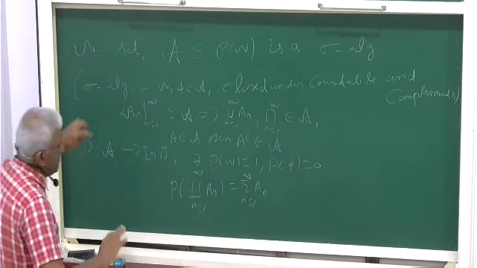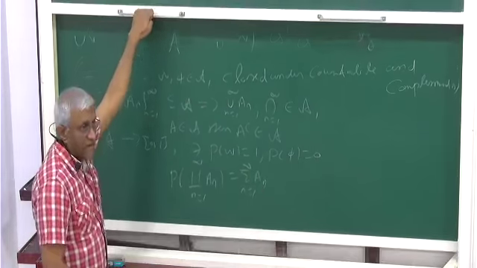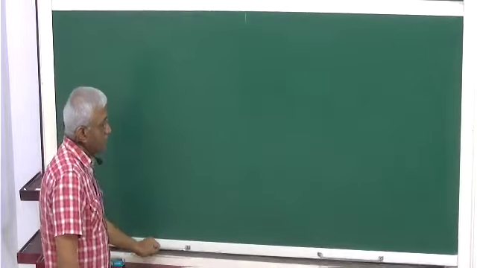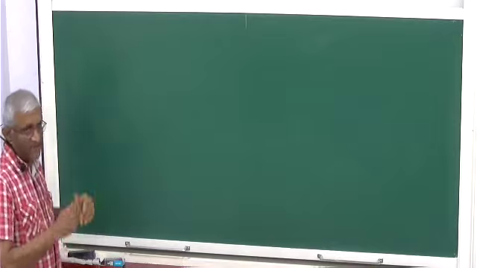So let us see an example of a general uniform probability measure. We have already seen one. I will give an example, but I will not be proving that it is actually defined on the whole of A. That requires measure theory.